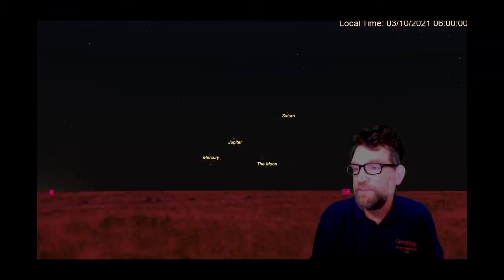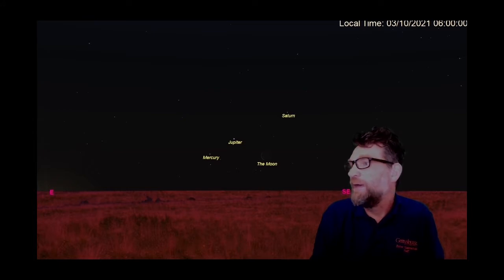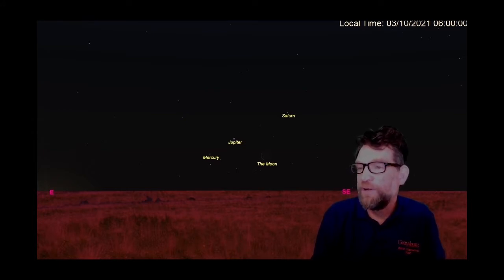You can see there, looking in the southeast, we have a nice little collection of planets along with the waning crescent moon. So this would be the morning of the 10th at 6 o'clock. That's about half an hour before sunrise. You'll be able to see Mercury, Jupiter, and Saturn there in a line with the very thin waning crescent moon